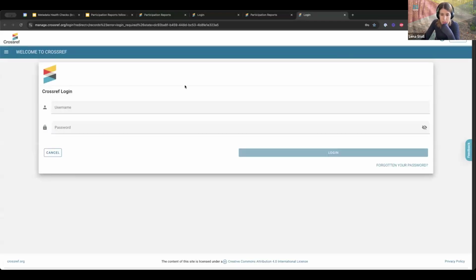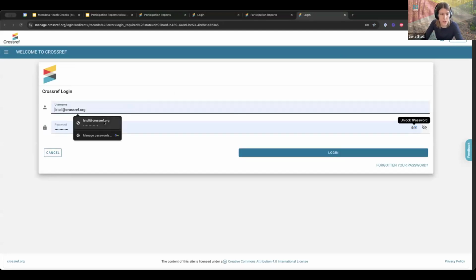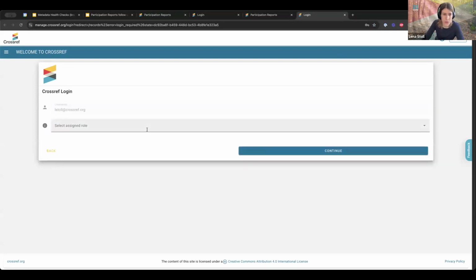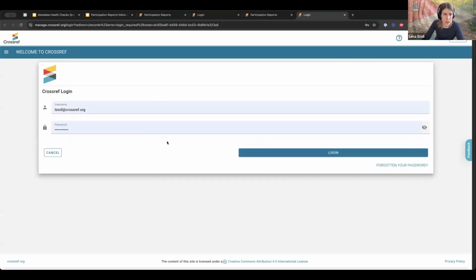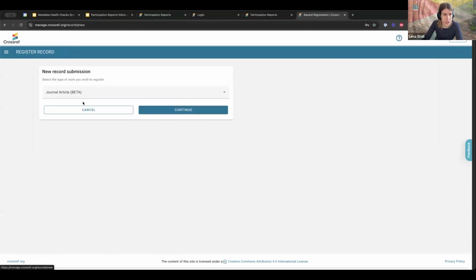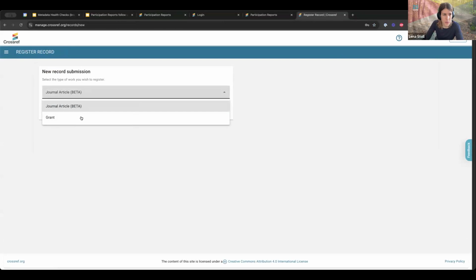So what happens when you go to this link is that you sign in with your Crossref account credentials, just as you would anywhere else in our admin tool or any of our other tools in the Crossref ecosystem. And you select new record, and then you'll see, as I mentioned before, that there's currently two different work types that you can select from.